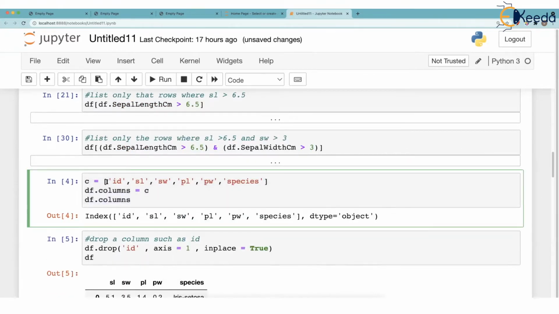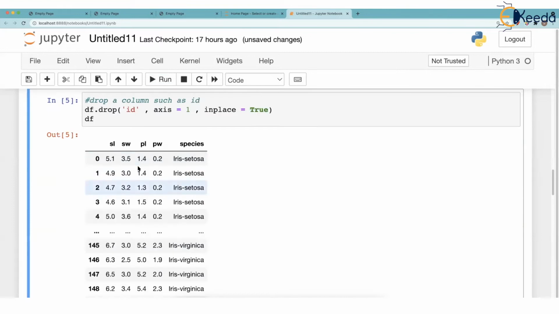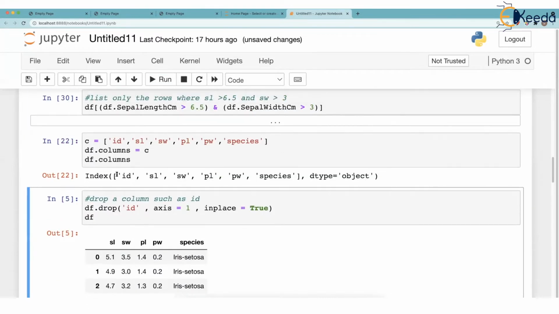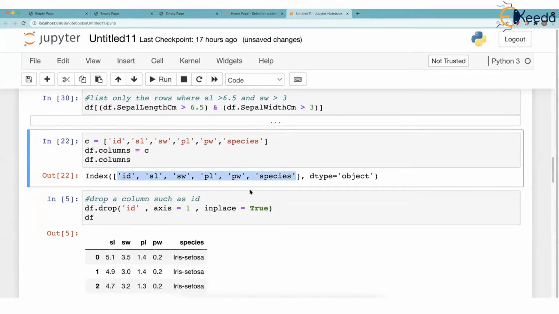What you do is you first make a list of new column names. Now this is simply a list of strings and call that list as C and then simply say df.columns is equal to C. You recall df.columns, if I say it will give me a list of all columns. If I say df.columns equal to C, then columns will be set to the new names. That can be proved by printing df.columns. Now df.columns, observe, is these new columns with of course same values under them.